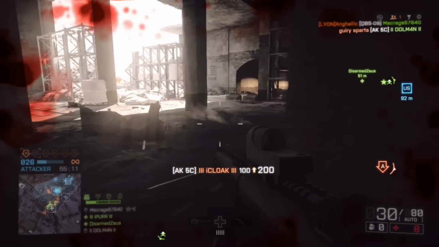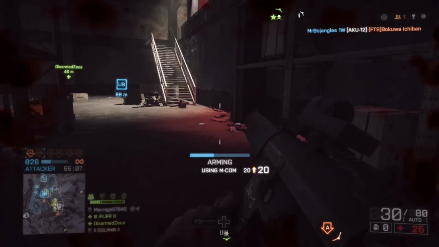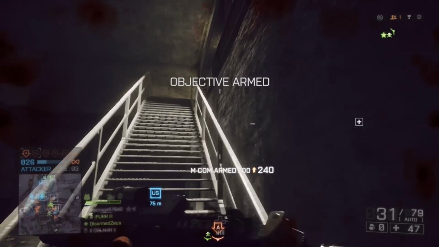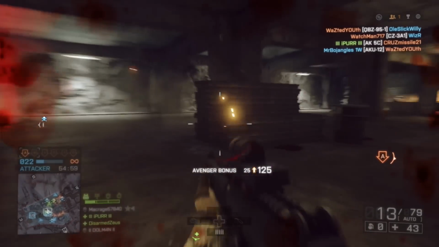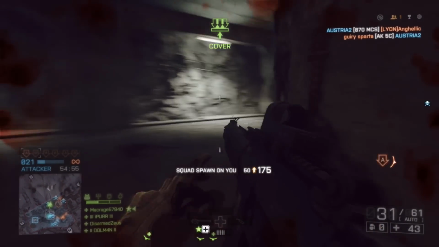Now if that is the case, then something seriously is wrong with the map design. If teams are balanced and still one team has the advantage over the other one, then there is something wrong with the map design. Now another example for this is Hainan Resort. The first set of MCOMs in Rush is really unbalanced. Well, it was even more unbalanced at the beginning of the game, because now the attacking team does have an